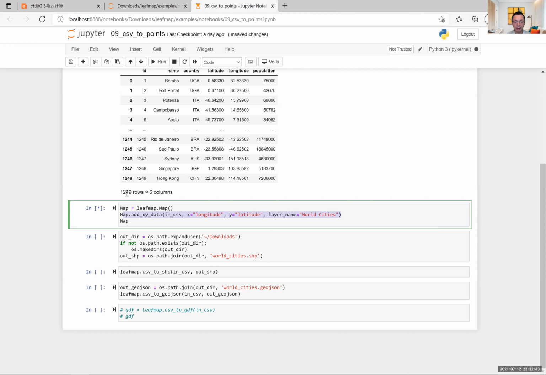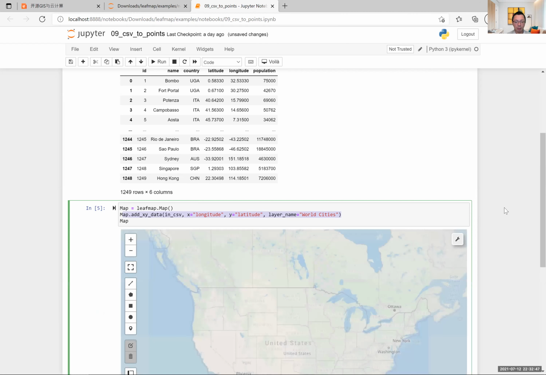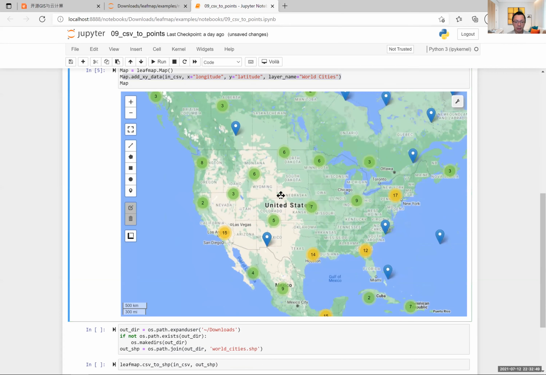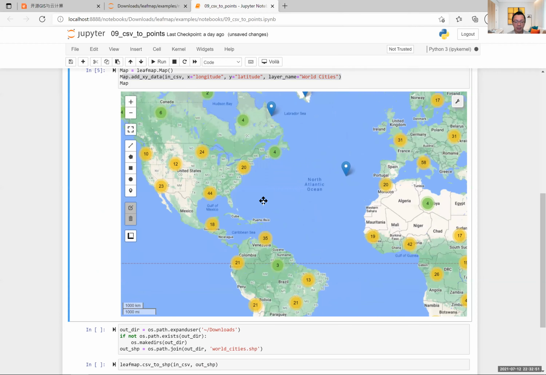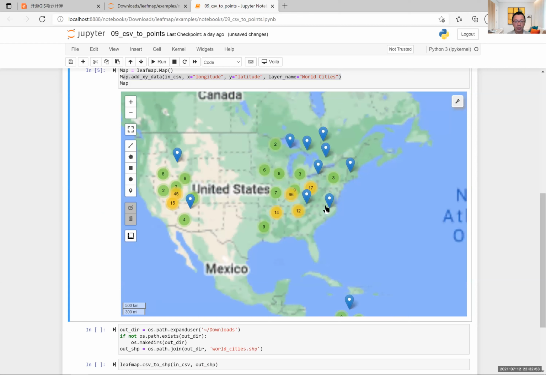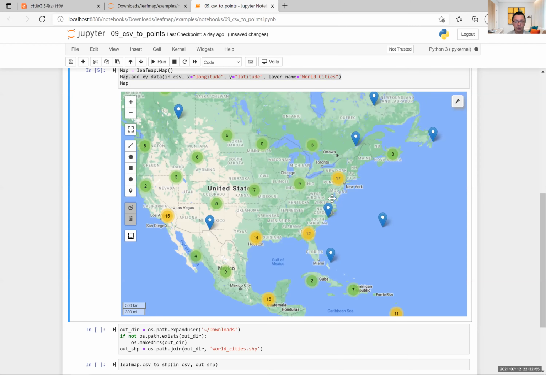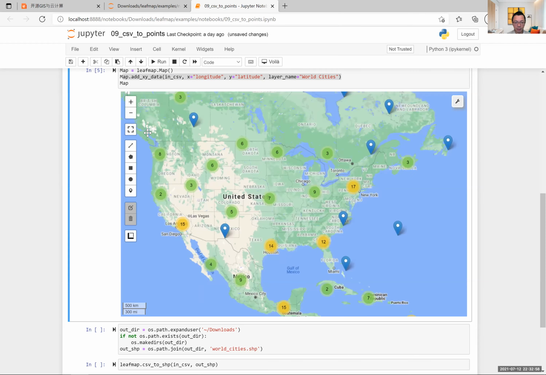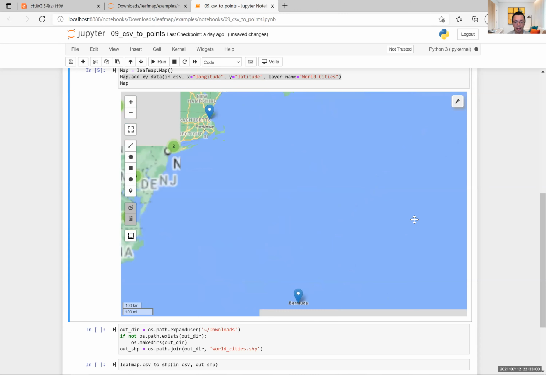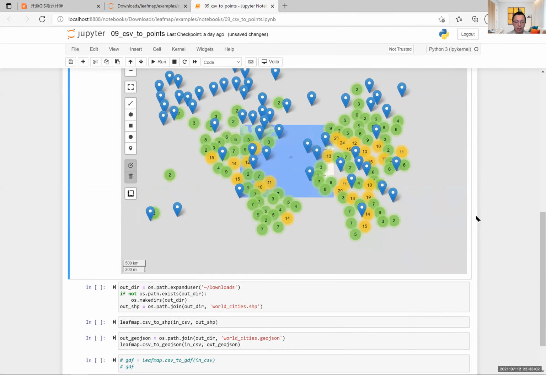This one has 1,249 points, so it might take a while, but you see, it's just a couple of seconds. Then you can have the map, interactive map, loading the data directly from your CSV. So you create the map and then you just add the XY data layer. That's it. You can also